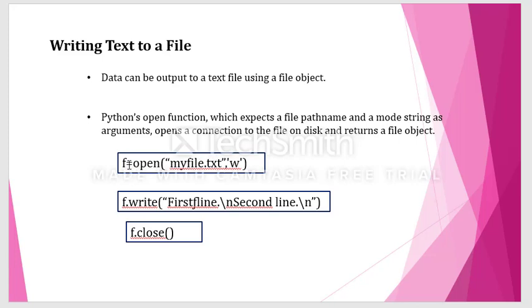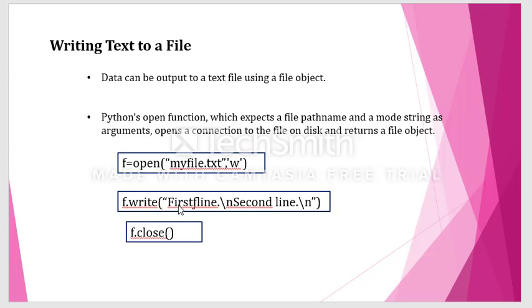Once again, to open a file you need to call a function called open. That function takes two arguments: myfile.txt, the first argument, which gives the path of the file, comma, mode, the second argument. The mode says in which mode you want to open the file, whether reading or writing or write plus or read plus. We'll see the modes of these files in the next slide. Next, write is a function through which we write something into the file.